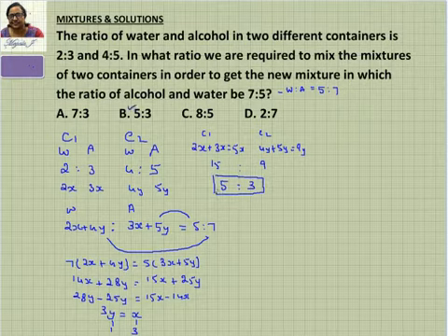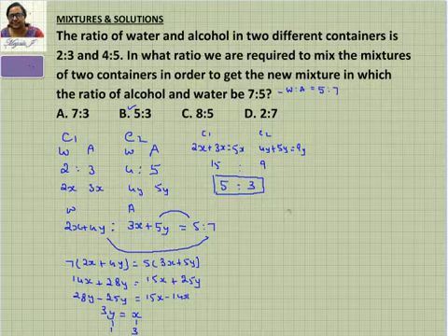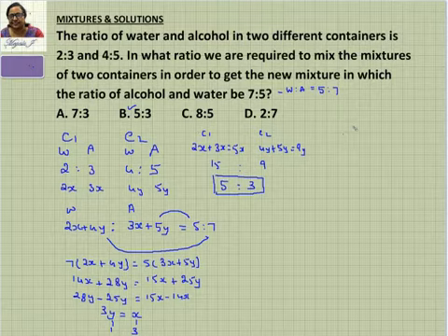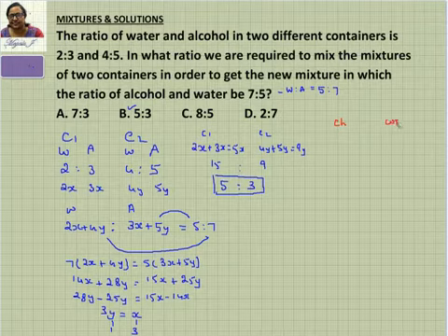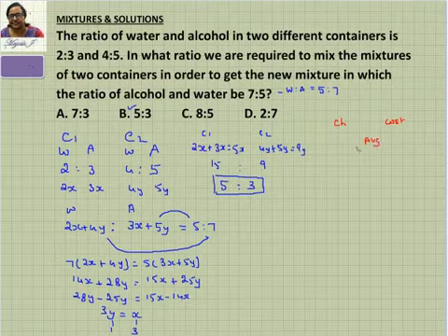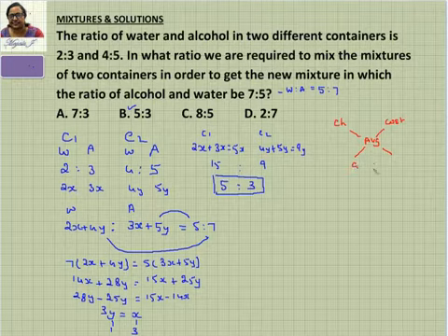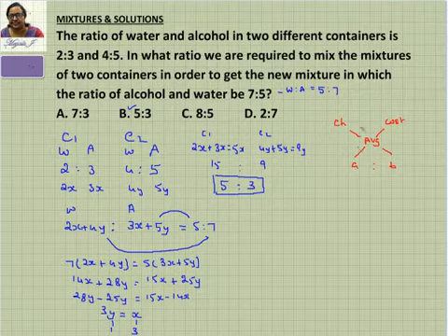Now let me go for the alligation method. So when you go for this alligation method, what exactly you're going to do? See, alligation method, as you know, you're going to have the cheaper quantity on one side, costlier quantity on the other side, and the middle one is going to be the average of the two. Then take the difference of these two, write it here, difference of these two, you write it here. This is going to be the ratio of the two quantities. So this is a method you're going to apply here. Even for the ratios or even for the mixtures, you can apply the same thing.